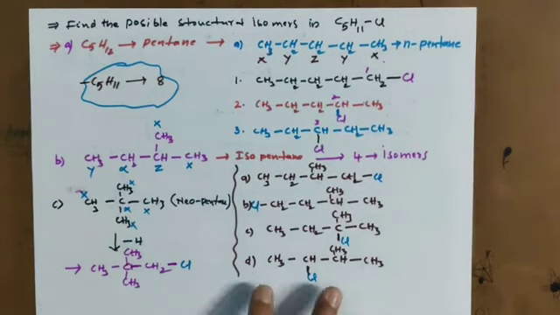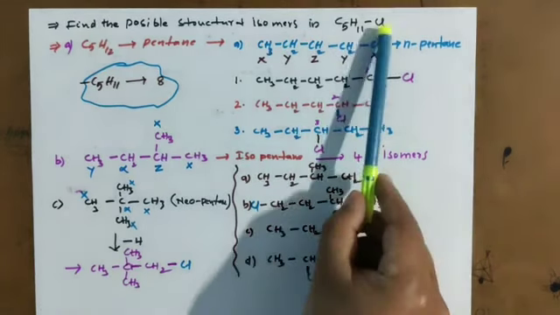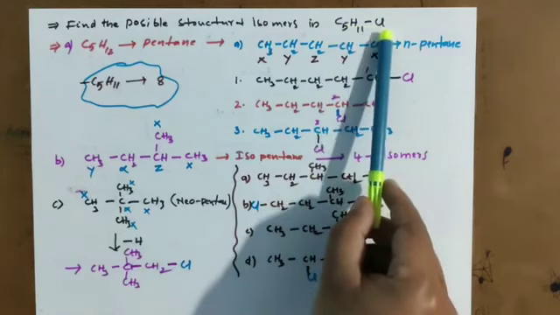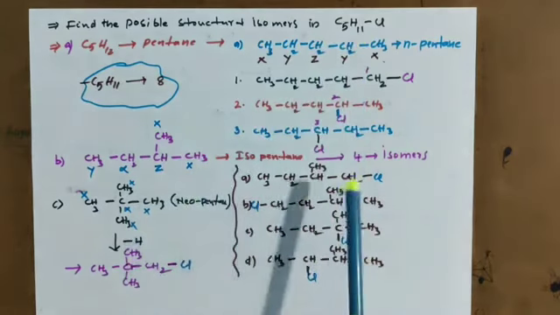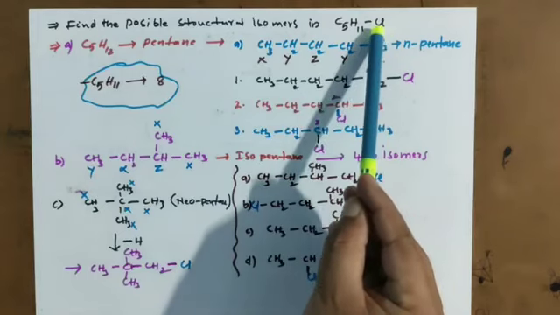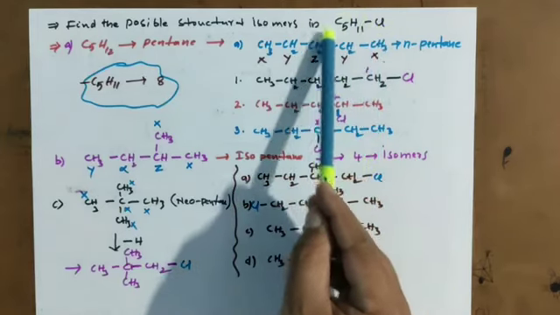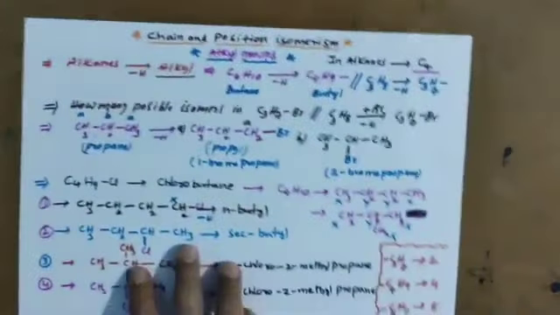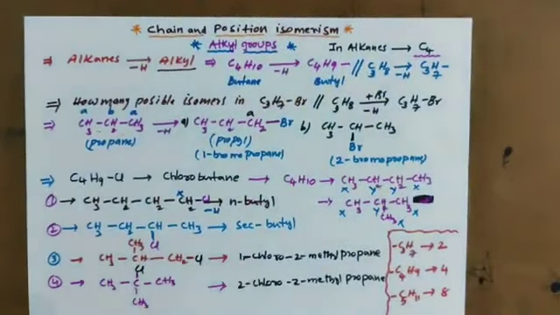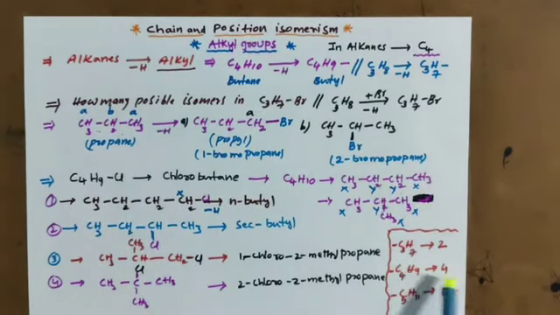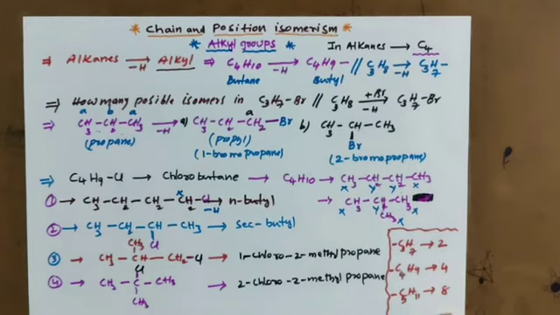Still, if you feel any difficulty, see, in this place, you can take an OH group also. Then you are getting alcohols. Clear? Not only chlorine. You can take bromine here. You can take alcohol, whatever it may be. I explained with respect to a group. Propyl, butyl, pentyl. So now it is easy for you to address the groups. Propyl group you address 2 you are getting. Butyl group 4 you are getting. Pentyl group 8 you are getting.